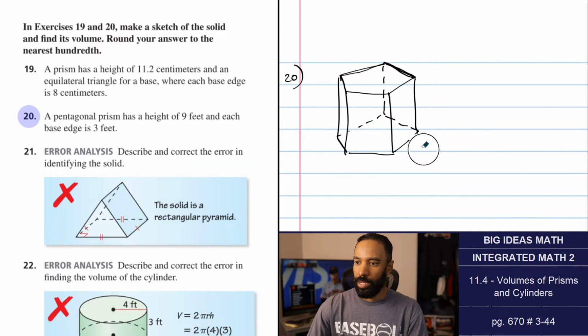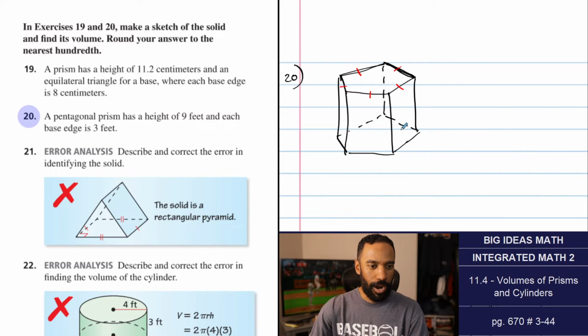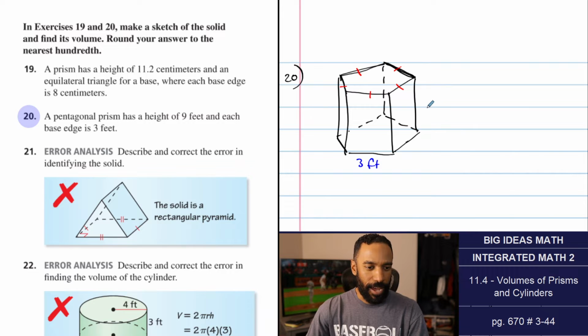Okay. Now everything's congruent in the pentagonal prism. It's a regular pentagon, all congruent. Each of those lengths are 3 feet. And then you have a height of the prism being 9 feet. The height of the prism is 9 feet. So, as the pentagon,